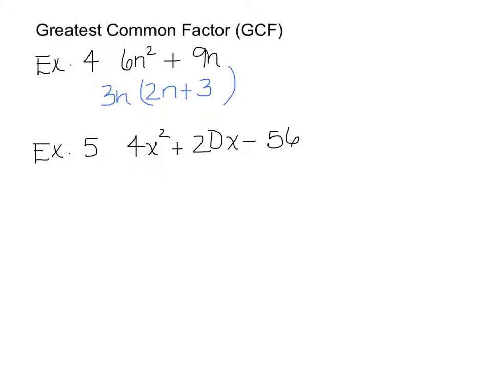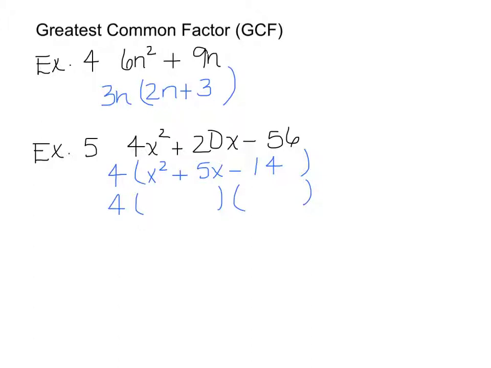And you look at all 3 terms to see what they all have in common. And I notice they all can be divisible by 4. They could have been divisible by 2, but you want to look for the greatest. So you take out a 4, factor out a 4 here, and factor out a 4 here. So that way if you distribute the 4 back, you'll get back what you started with. Now on our answer, you have to leave the 4 on the outside, so it will bring you back to